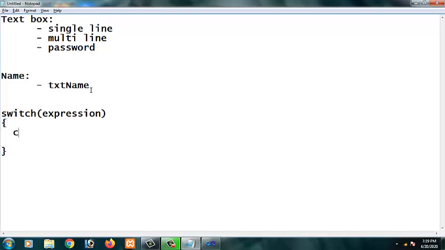So it is case 1 or 0, whatever it is. After what is to be displayed is given, you have to give the break keyword. Likewise, you have to give it for all the cases, and at last one default option. When the user types a number which is not in our hold, we can use this default.